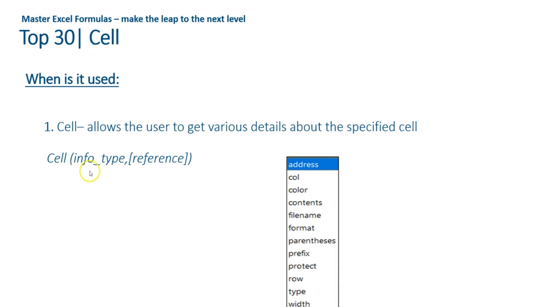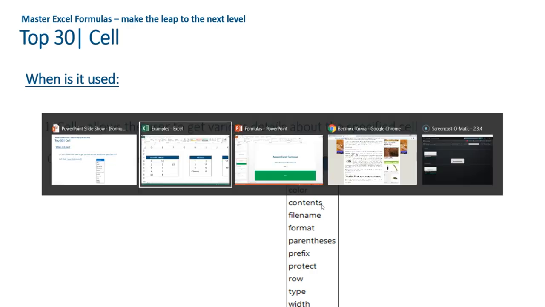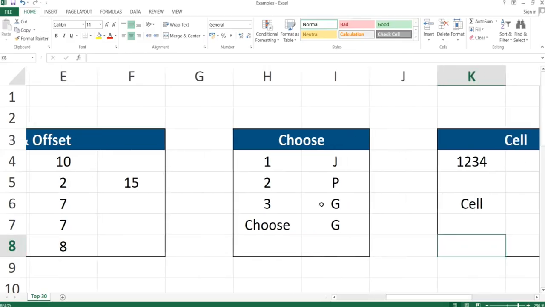So first of all, we need to specify the input type, and then the reference is an optional thing really. I'll show you what I mean by reference, but the input type is this. So I have included this screenshot as well. So you have all these different details that you can actually choose from, choose what to get as an outcome. Okay, now if I go to the spreadsheet to show you